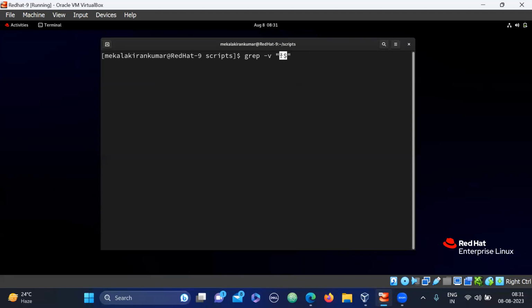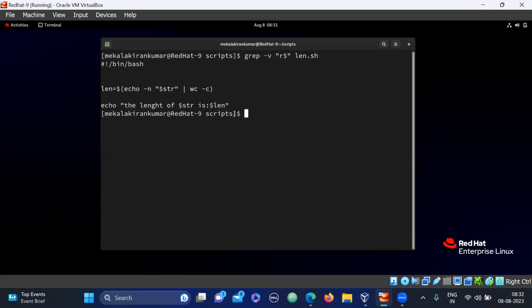Opposite to this means there should be space. The hyphen v option is used for the opposite. Suppose if I give anything starting with r, I want to print it out. How will I do that? Grep r and dollar I will give, right? If you don't want the opposite words, I'll show you length.sh,